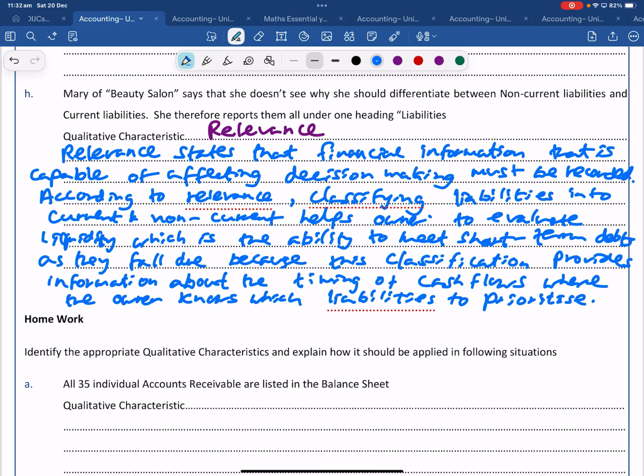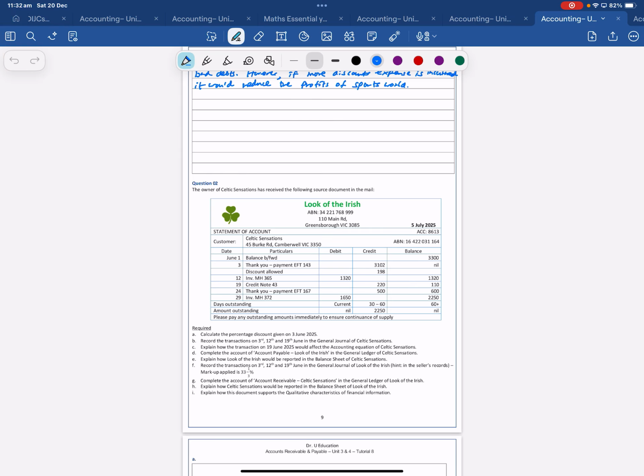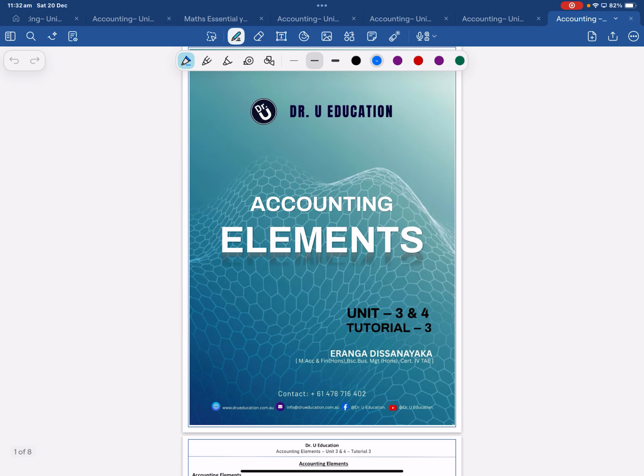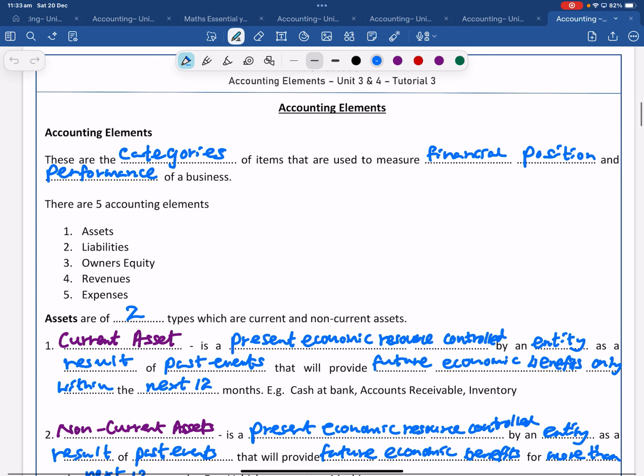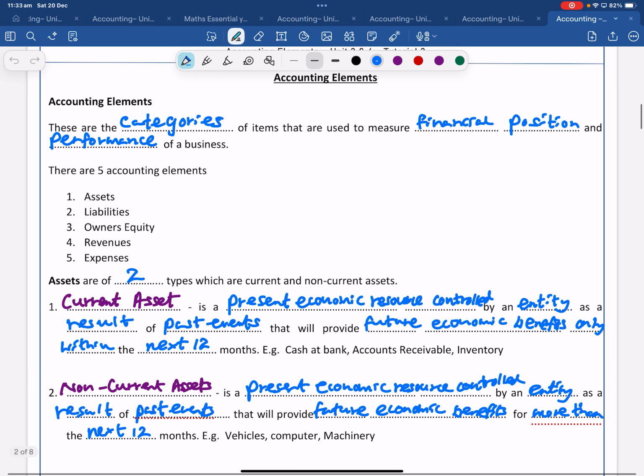Supermarket. Okay, guys. Right. Actually, I thought of starting the other lesson as well, but I think we don't have time. But that's fine. I'll just introduce you. This one is accounting elements. You don't have to take any notes right now.